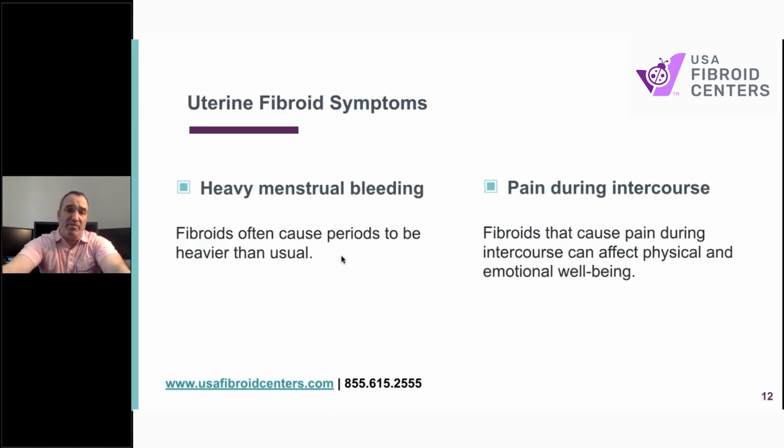So what are the symptoms of fibroids? Now, the most common symptom that patients present to me with is heavy bleeding. Women will say, well, I used to have normal periods many years ago, and now for the last 2, 3, 4, 5 years, I've been having super heavy periods, and it's really debilitating. It affects my life every day when I have my period, and it's really very sad to hear these stories. So the one that's most common that I hear is heavy bleeding. Another one is painful intercourse. You can see based on the MRI I showed before that with the size of these fibroids, if they're lower down, especially near the cervix, it can cause a problem.